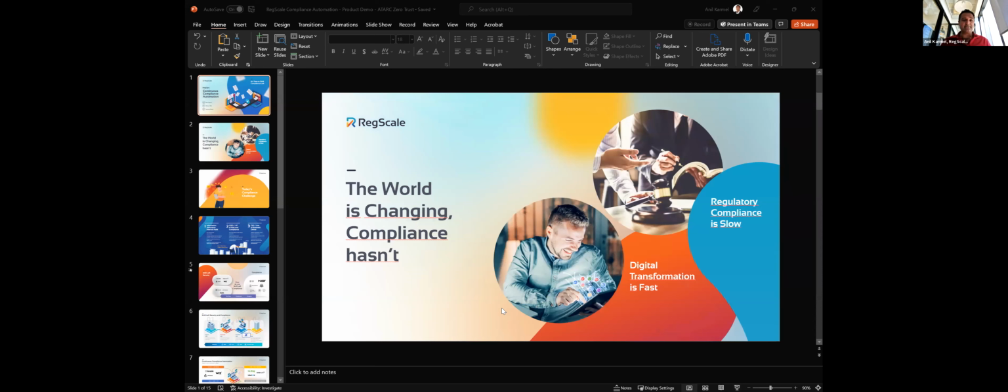Because the reality is, everyone is trying to transform organizations. Each one of you, whether you're a vendor or you're with the government, you are all on a mission to try and bring innovation into government. But the challenge is compliance is inherently slow. It's done in Word documents, it's done in spreadsheets, and it's instantly out of date the moment that you create